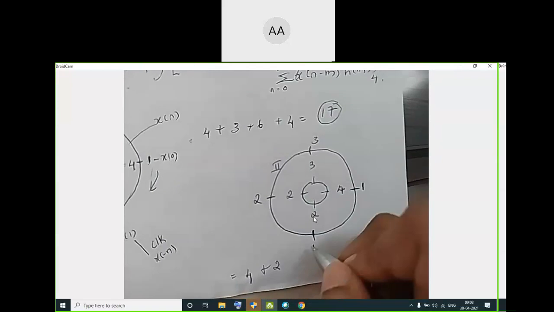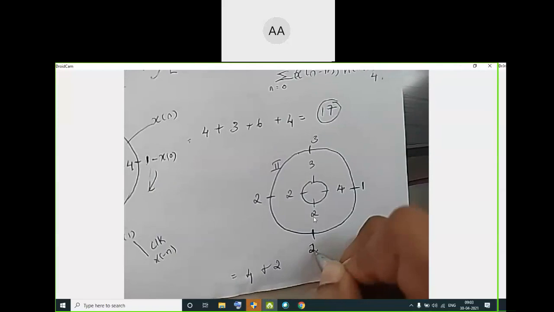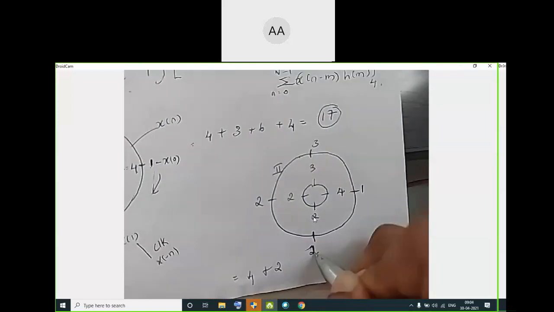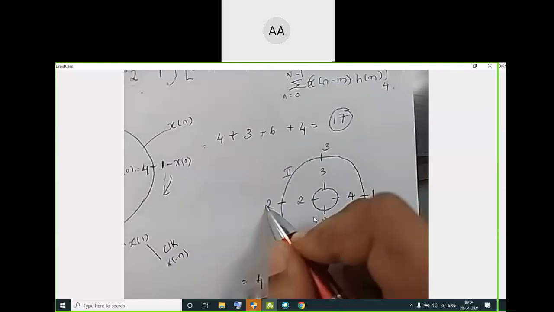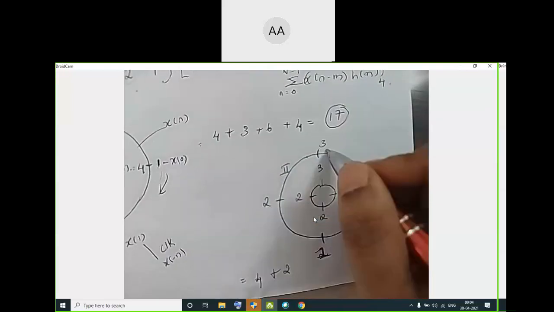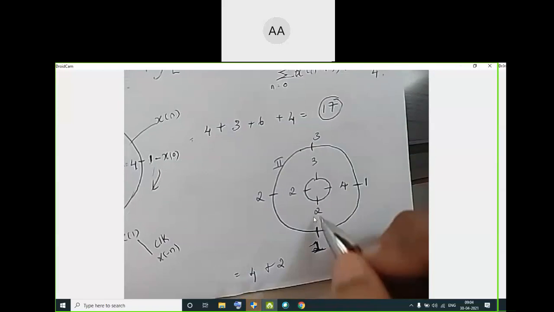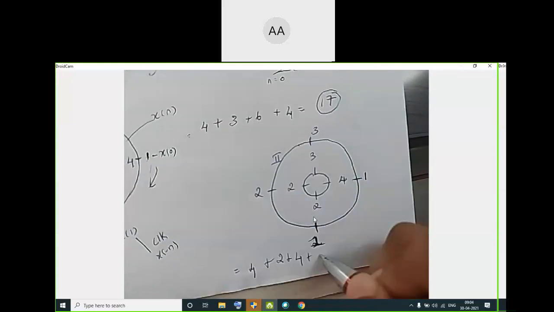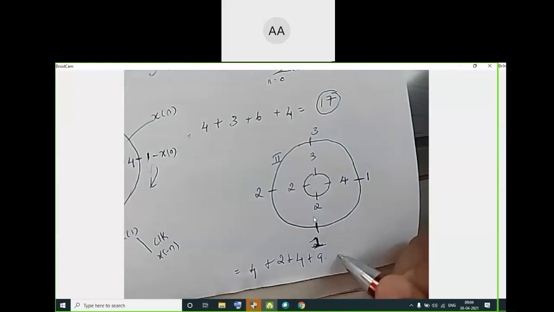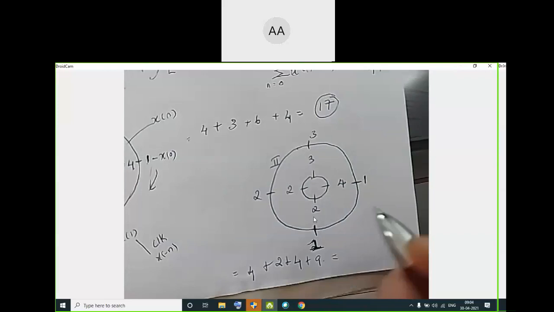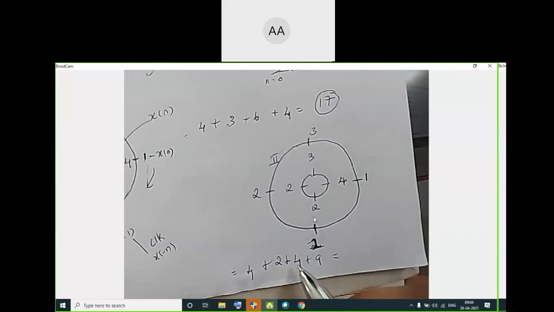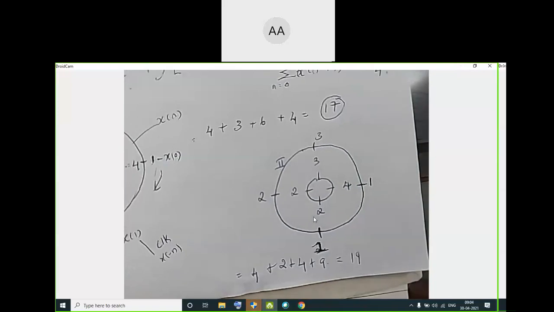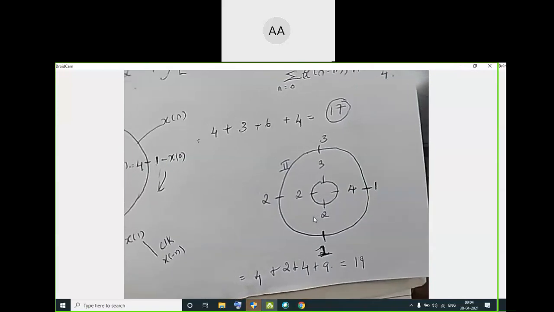What happened? This is 2. So 1 had to come here, right? 1 came here. 1, 2, 3 and 1. Correct. 4 into 1 plus 2 into 1, 2, plus 2 into 2, 4. 3 into 3, 9. Check if you're getting this answer. 6 plus 4, 10. 10 plus 9, 19. Okay. So even if you have shifted like this, you got this term.